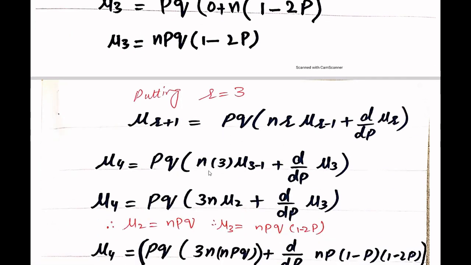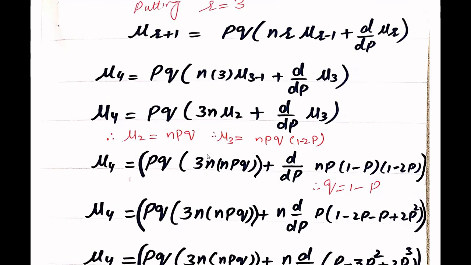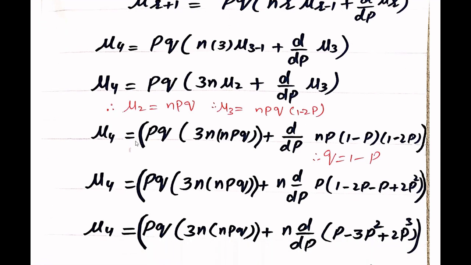Putting r equal to 3 in this relationship, mu 4 equals pq [3n mu 2 plus d over dp mu 3]. Mu 2 is equal to npq, and mu 3 is equal to npq into 1 minus 2p. So mu 4 is equal to pq [3n mu 2, that is npq, plus d over dp